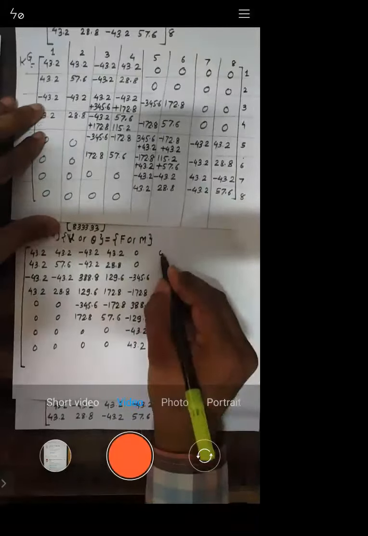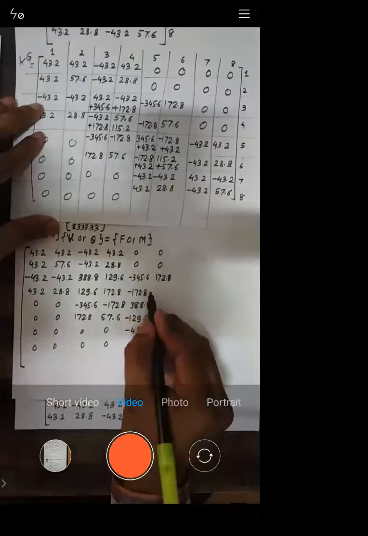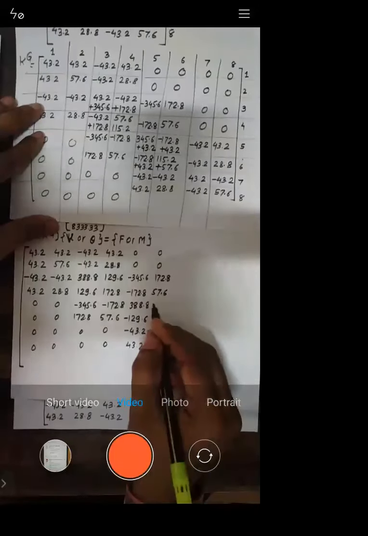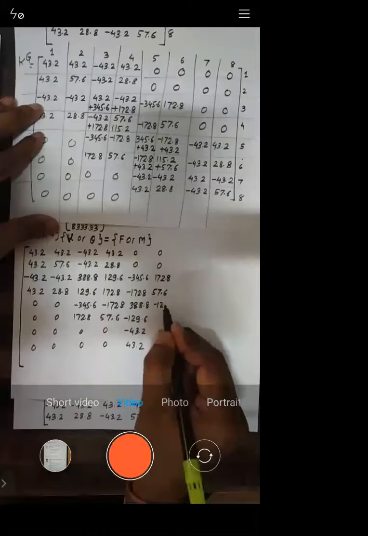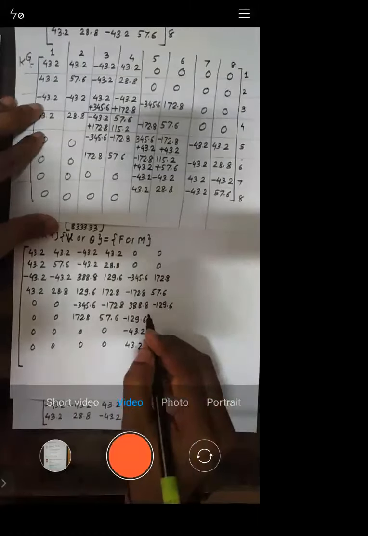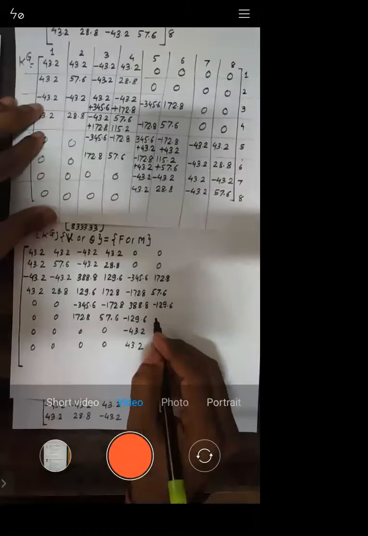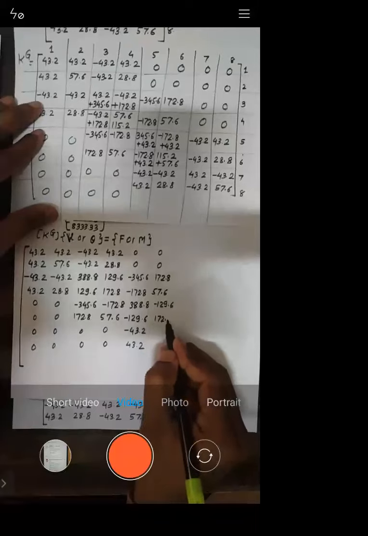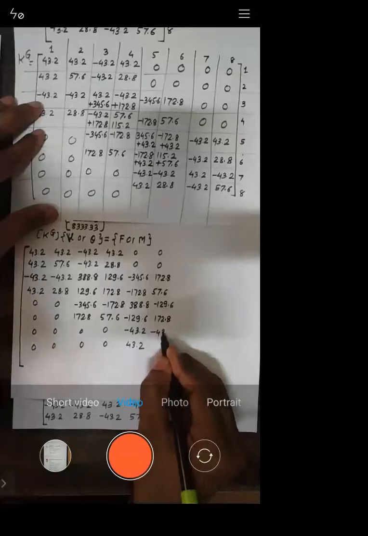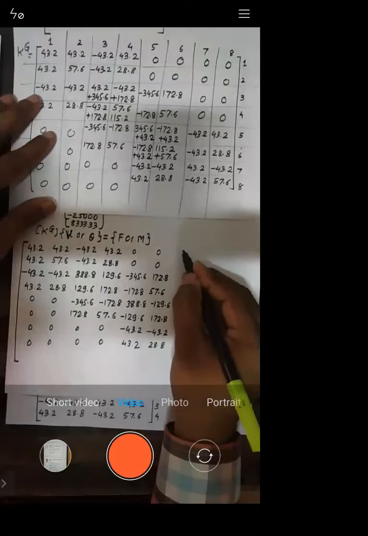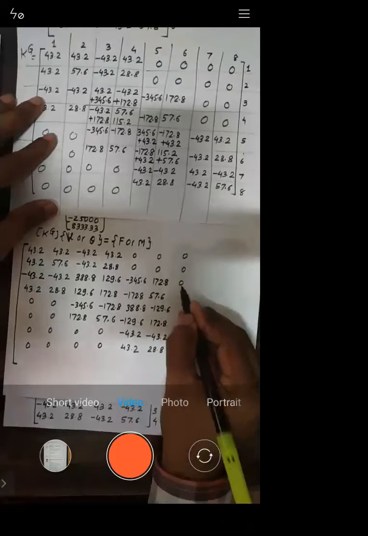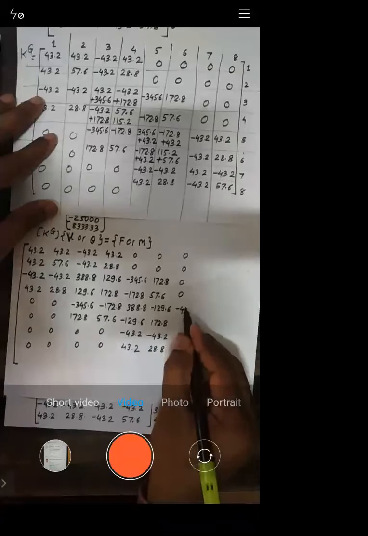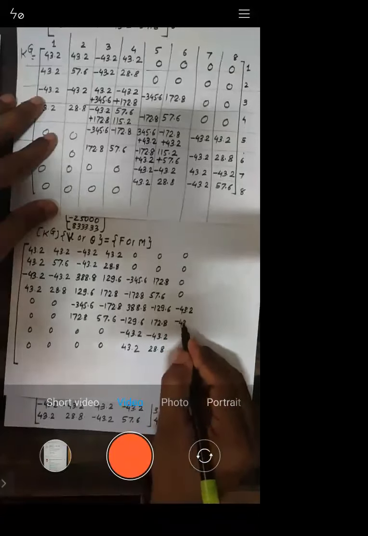Then we go to sixth column. 0, 0, 172.8, 57.6, and this is again minus 129.6. 115.2 plus 57.6, 172.8, right? Minus 43.2, 28.8, right? Then 0, 0, 0, 0, 4 terms are 0, minus 43.2, minus 43.2,